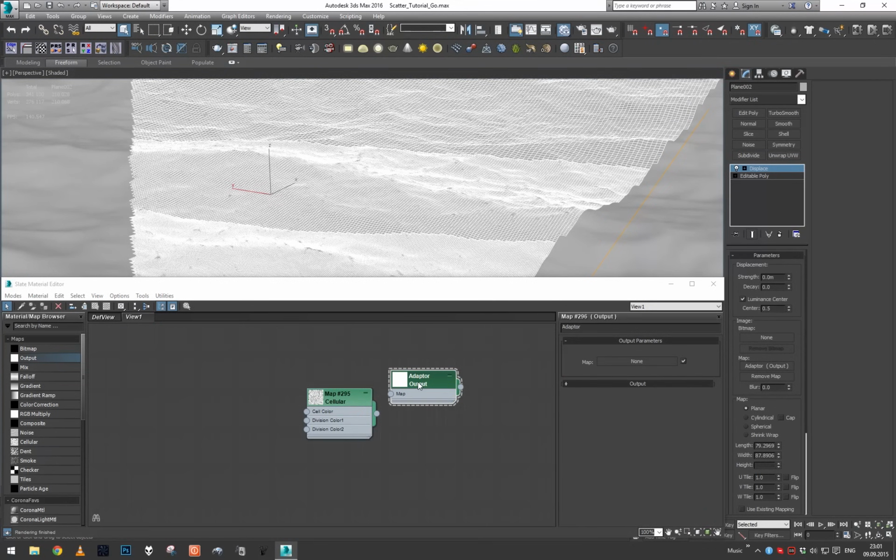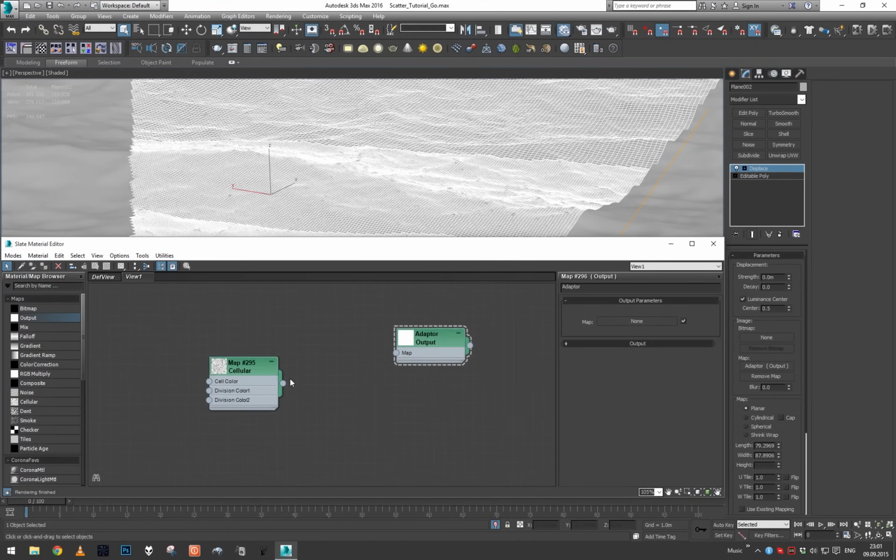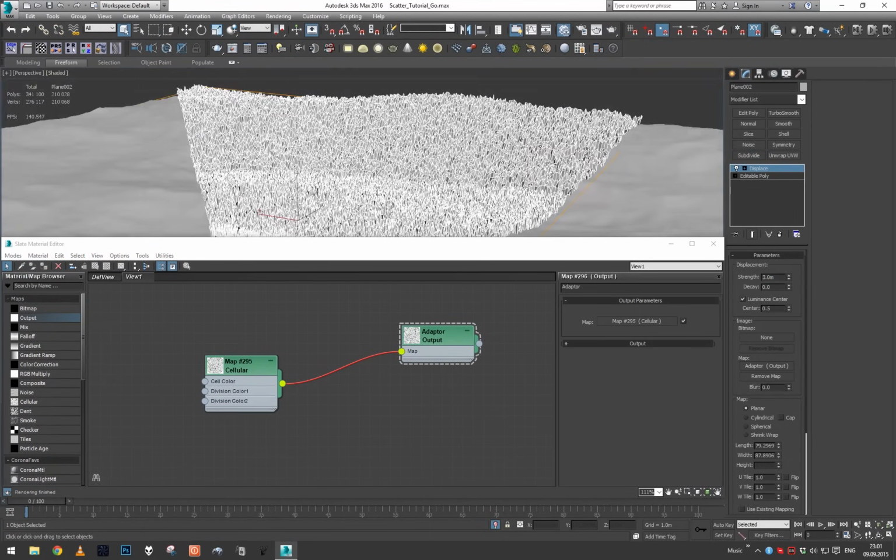Basically, I'm using this just so whenever I'm plugging something in the displacement modifier, I have to plug it just here in the material editor. I don't have to go all the way here, plug it into here. It's just closer, especially when I have my material editor on the other monitor. So plug in the cellular, increase it to like 3 meters for start,